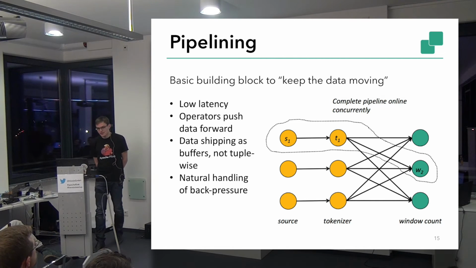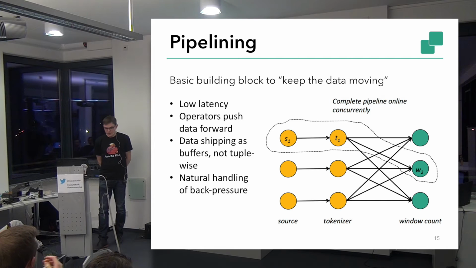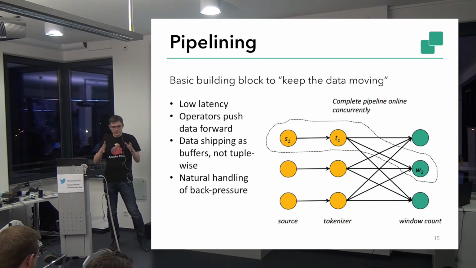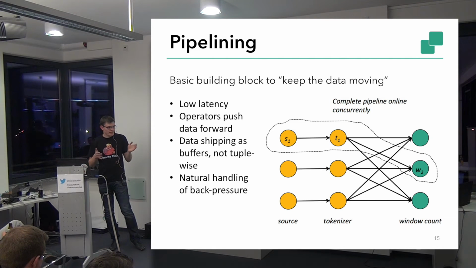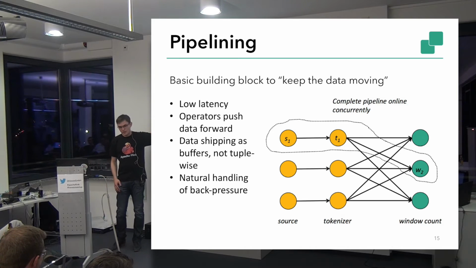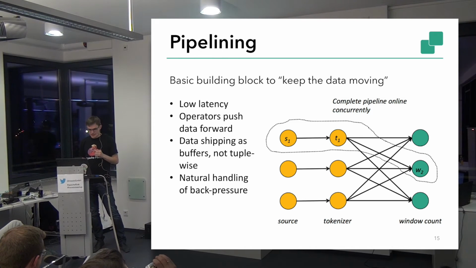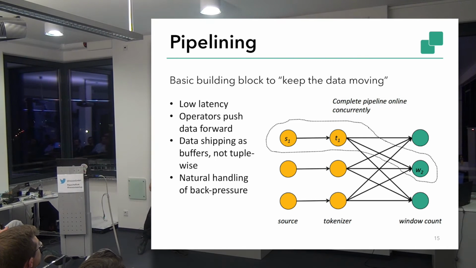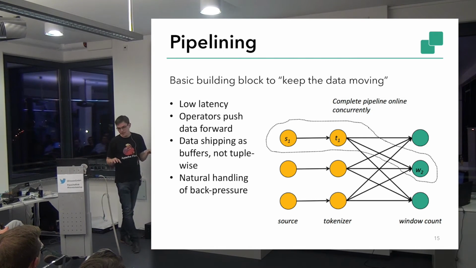And this comes in handy also for streaming programs, where you have, for example, a data source, for example Kafka, and then you have an operator which is splitting the elements from the stream, for example strings, into smaller strings, and then you have a window operator. And the interesting observation here is that these operators push data immediately forward as they receive it. So there's no waiting or buffering involved, which means that we have very low latency because the elements go through the system immediately. And also this repartitioning step, where you regroup your data over the network, is pipelined.